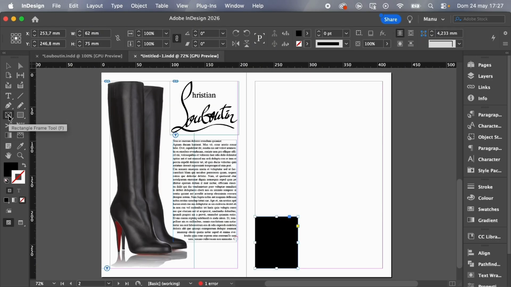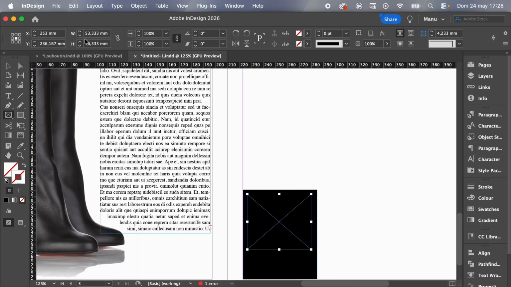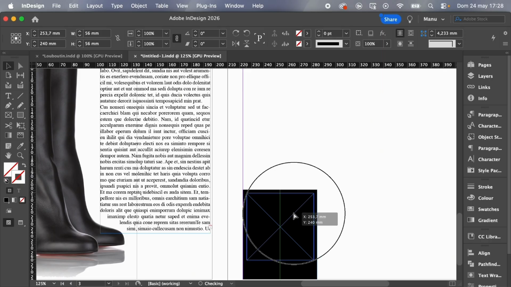So I can use this time the rectangle frame tool and put it here and say 56 by 56. Then move it using the cursors or using my mouse till I find the correct alignment.